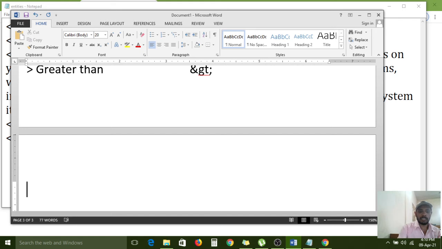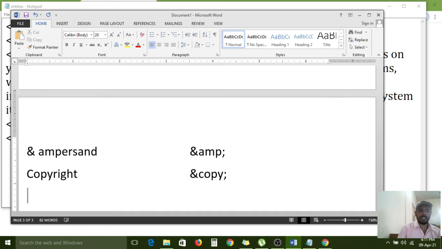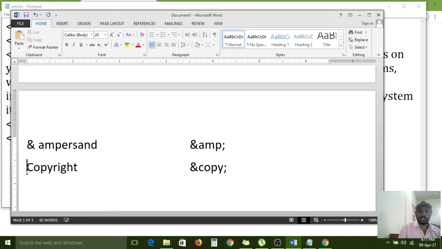For the ampersand purpose, ampersand AMP semicolon. For the copyright purpose, ampersand COPY semicolon. And the registered trademark.